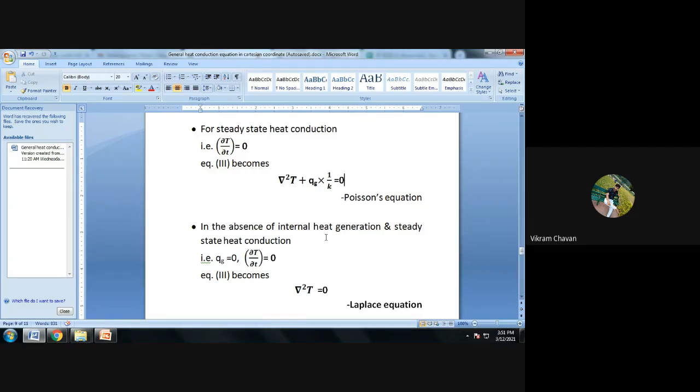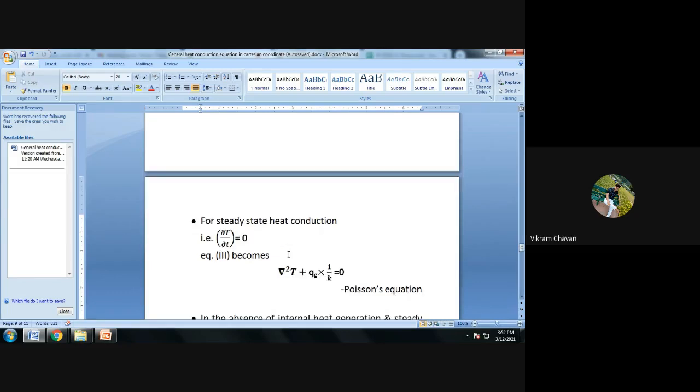Now in the next condition we are considering both assumptions, that is, the absence of internal heat generation, and the heat conduction is steady state heat conduction. Both the conditions we have discussed. Now we are applying both the conditions at the same time on equation number 3. So that is Qg is equal to 0 and ∂T/∂t is equal to 0. When these two conditions are applied on equation number 3,